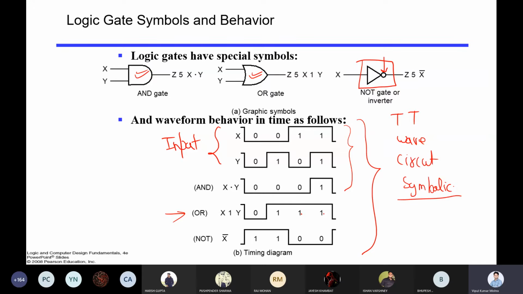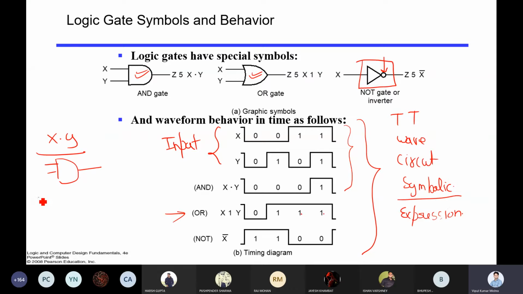There are various ways, as we discussed: truth table you can represent, waveform you can represent, circuit you can represent, symbolic you can represent. One more is there, that is the expression. If you say x dot y, this is the expression. Same thing, if you say this is the symbolic representation.